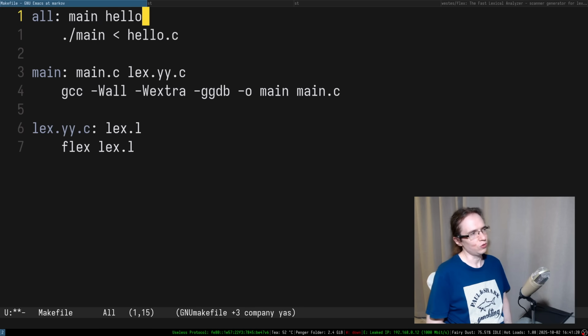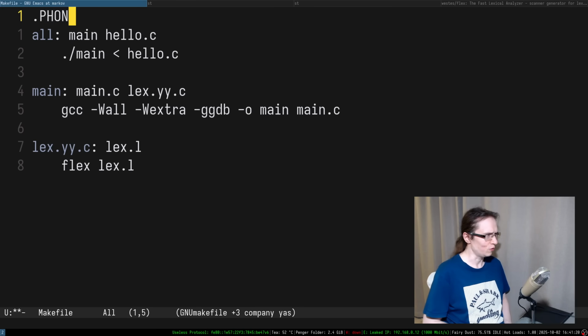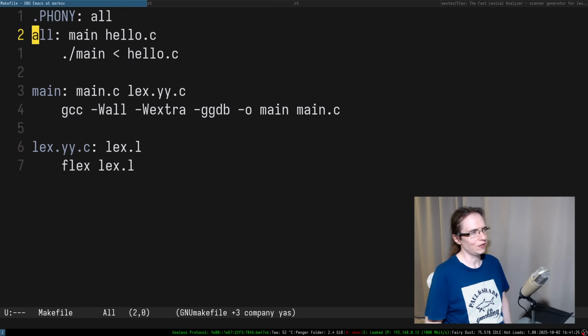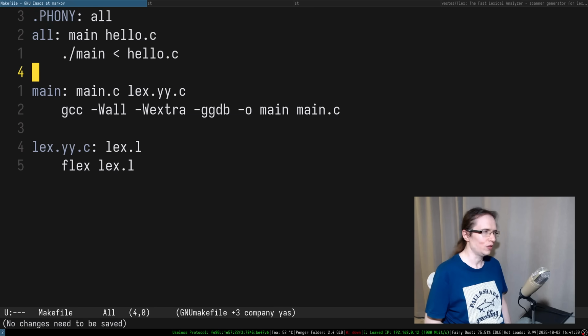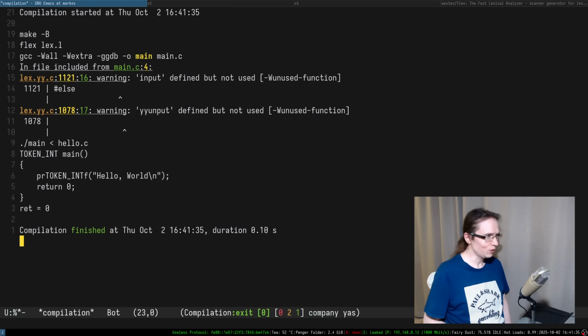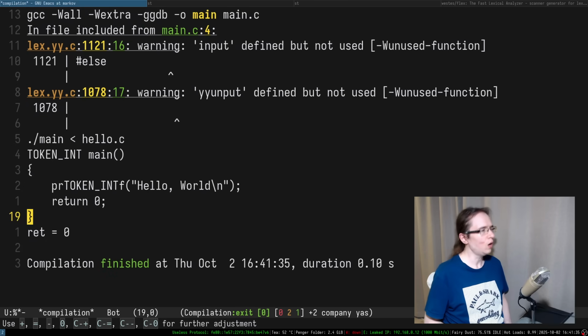And I suppose hello.c is also dependent on that, but this is more of a phony target. For those who don't know, a phony target is one that doesn't really produce any files, so it doesn't do any checks on modification or anything like that, because all is a non-existing file. That's what it is. Anyways, so let's actually say, okay, so, oh,